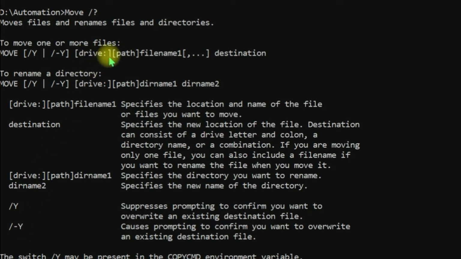Next is the drive: this is needed only if you are moving the file between drives. For example, within the C drive itself you can move a file to a different folder, and then the drive is not required. If it is on a different drive, then you mention it, and then the path of your file name, and then the destination path name.